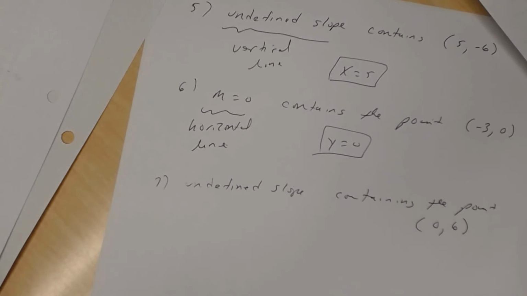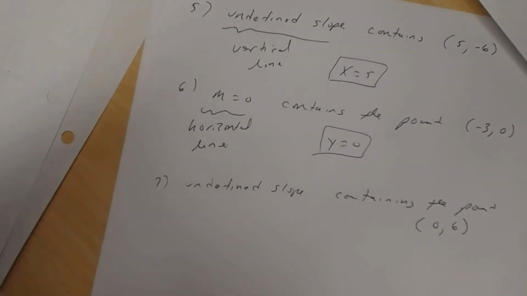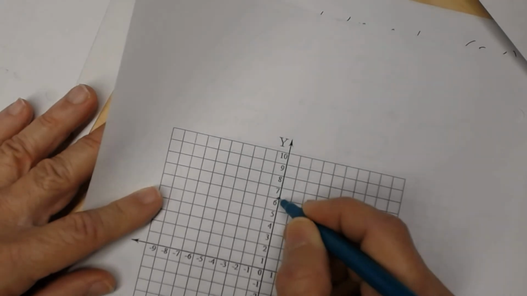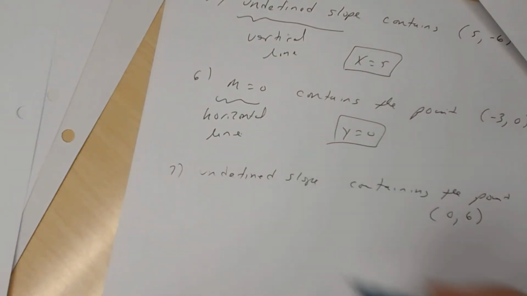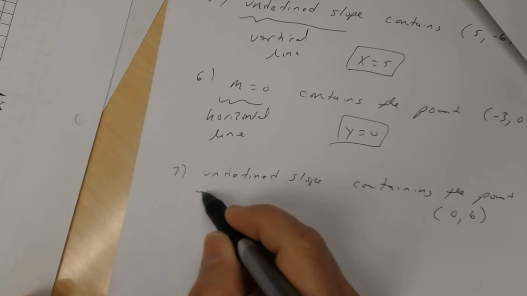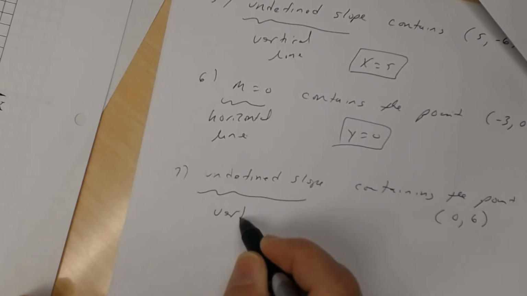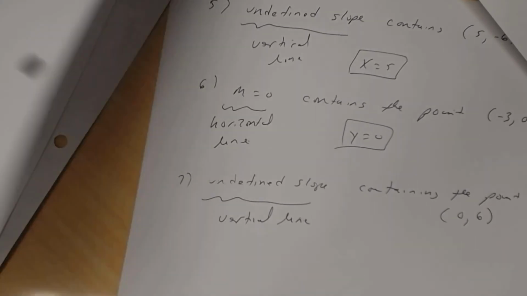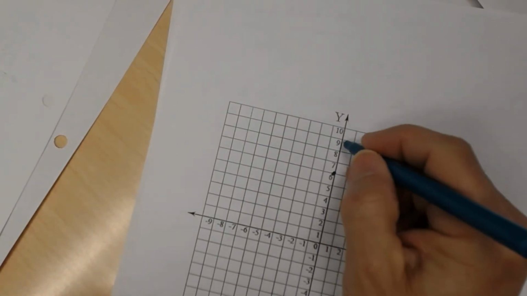So if I look at that point, 0, 6 on the y-axis, and remember I'm dealing with undefined slope. Undefined slope means that you have a vertical line. That's what that means. And so if I draw this vertical line,